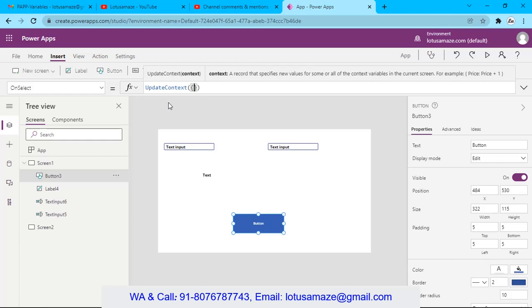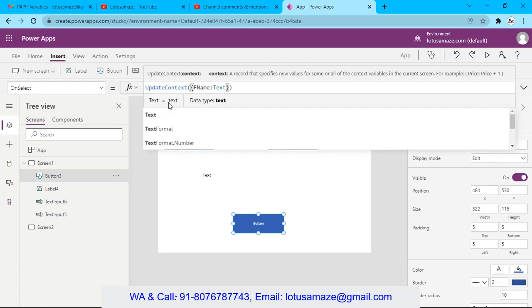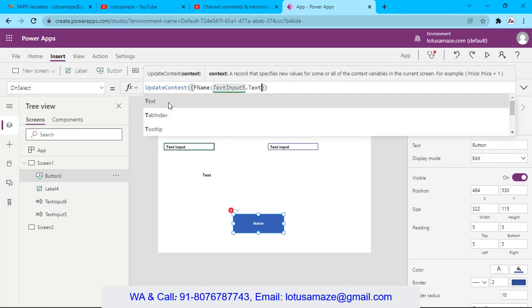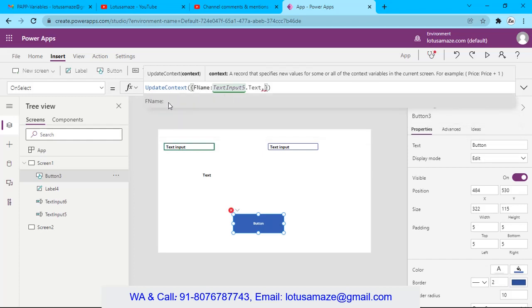It could be any name, say fname, then colon, TextInput5.Text. It means we are assigning the value of this input box to the variable fname, a local variable, and we can declare multiple variables in the same UpdateContext,